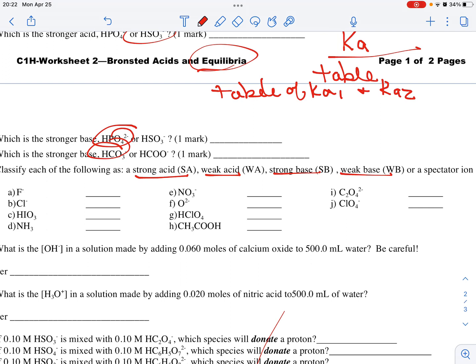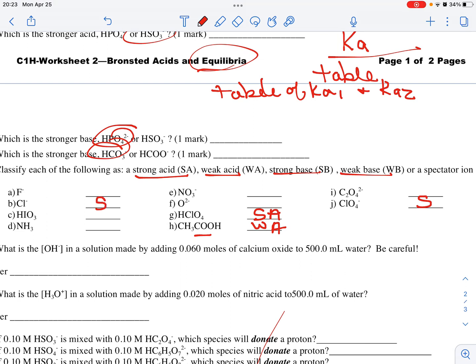Here's one. Here's a strong acid. Perchloric acid is a strong acid. And let's see, this is a weak acid. This would be the ClO4 would be a spectator ion probably. Do you have any other spectators? Cl is often a spectator